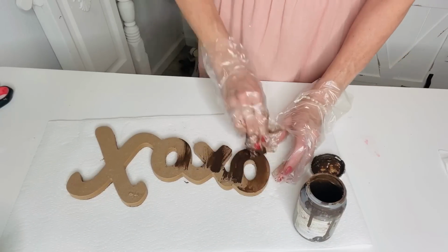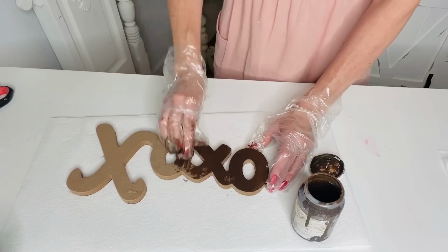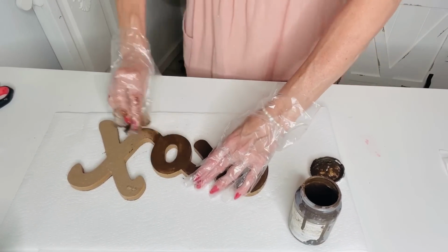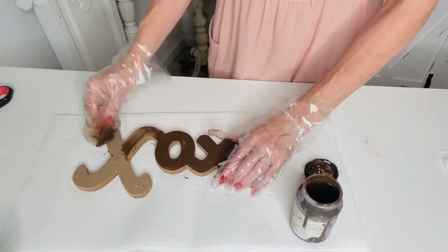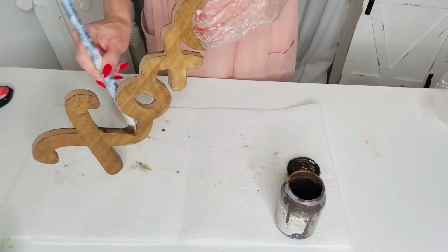I was going to paint it all white, but I thought it might be nicer to do the wax because it is going to be a rustic bridal table, so I just thought it would be really romantic and sweet. And I actually had these left over from Valentine's Day decor, so I don't know that they'll have them in store currently,